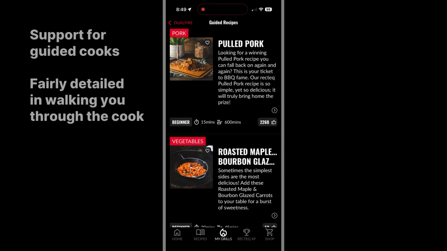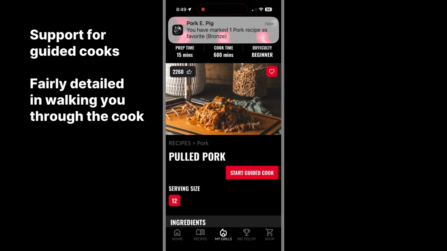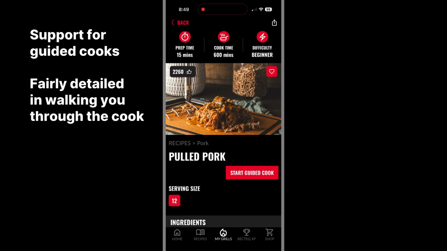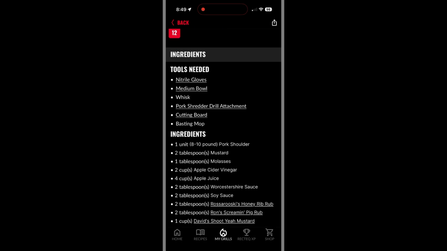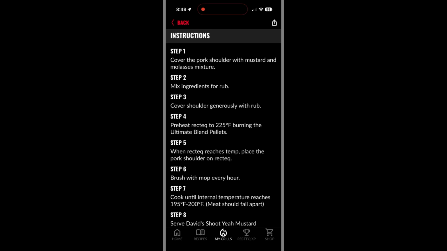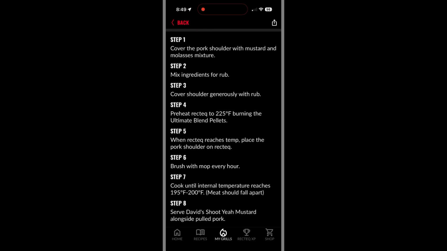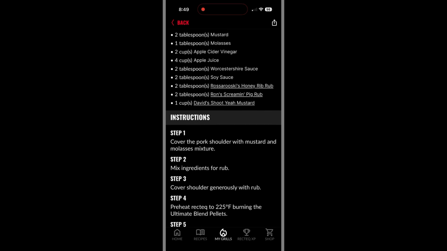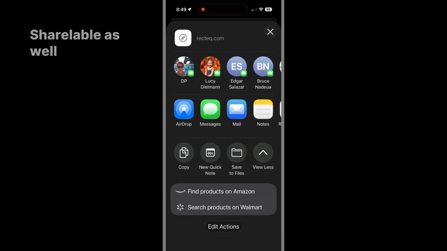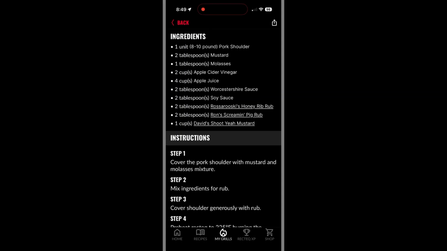Now, one thing I have not used is this guided cooks, where you can go through and look at these fairly detailed recipes that give you really a step-by-step all the way through it. So I do a lot of pulled pork, so I was kind of curious as to how one of these guided cooks would work out. Now I'm going to use this a little bit later in this video, and I'll show you how this actually interacts. But I find it kind of interesting that they pretty much lay everything out and just say, hey, if you do it this way, you can have good